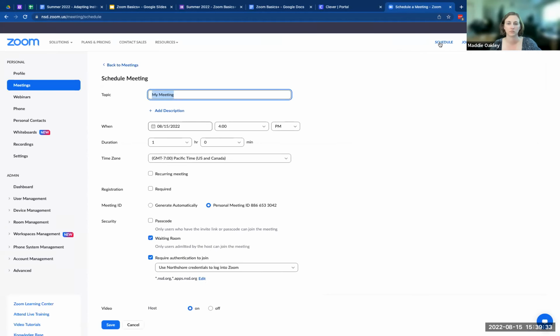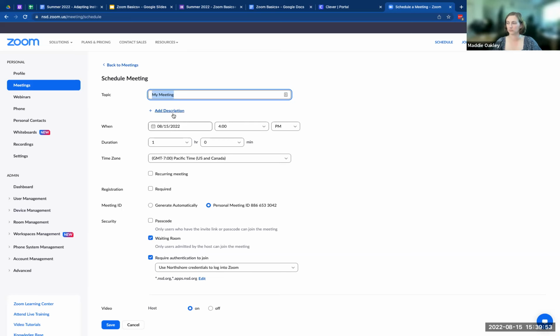It looks a lot like when I showed you the personal meeting room settings, but this is where you would actually, if you had a recurring meeting, or say you wanted to make drop-in office hours or something like that, set this up via the scheduler.